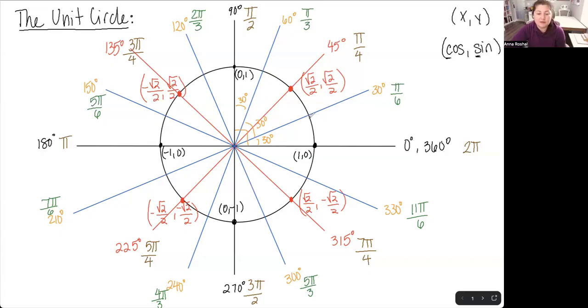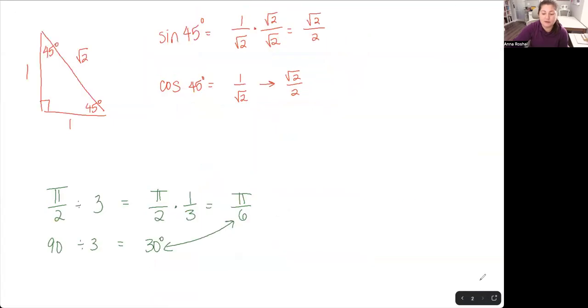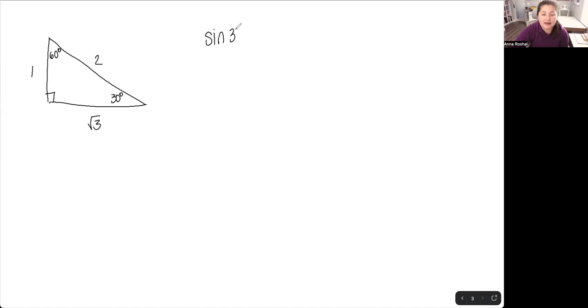Now I do have to find my X and Y points. So in order for me to find my X and Y points, I need to go into my original 30, 60, 90 triangle. We're again going to pretend this is an actual 30, 60, 90 triangle. So we'll do that. My 30, 60, 90 special right triangle has 1, √3, and 2. So if I want to find the sine of 30, I'm going to go opposite over hypotenuse, which is 1/2. If I want to find the cosine of 30, I'm going to go adjacent over hypotenuse, which is √3 over